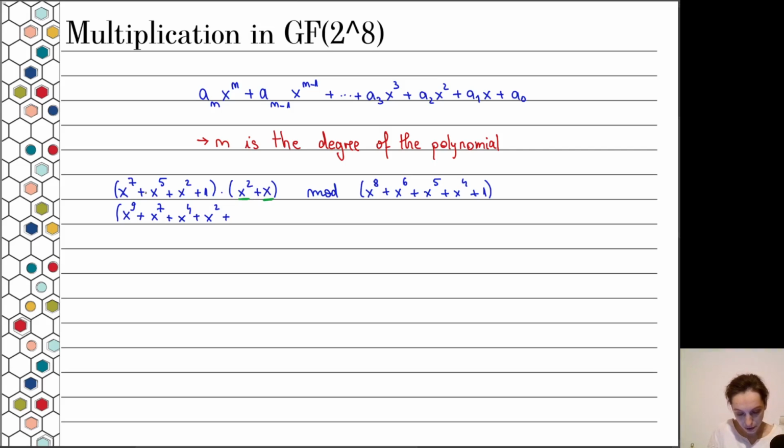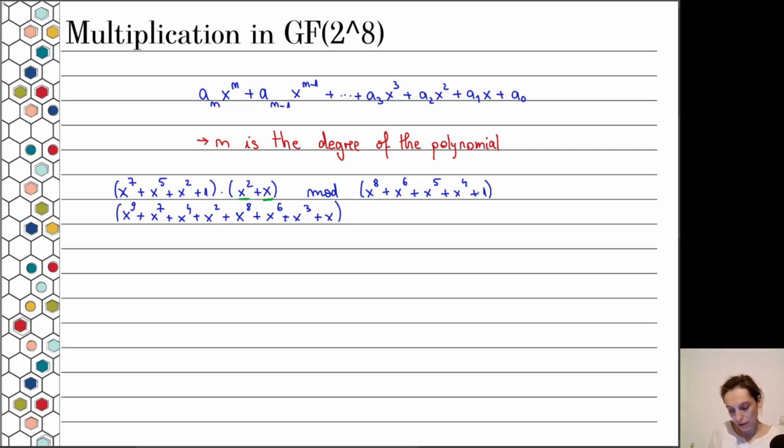We will multiply with the first polynomial and we will have 7 plus 1 is x powered by 8 plus x powered by 6 plus x powered by 3 plus x. So this is the multiplication, and now we will have to reduce this